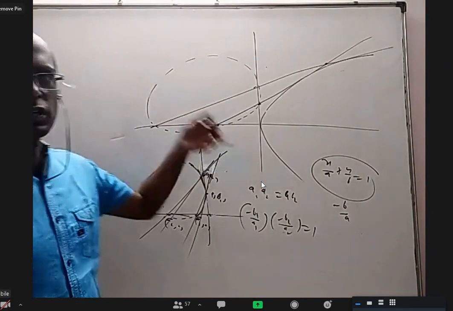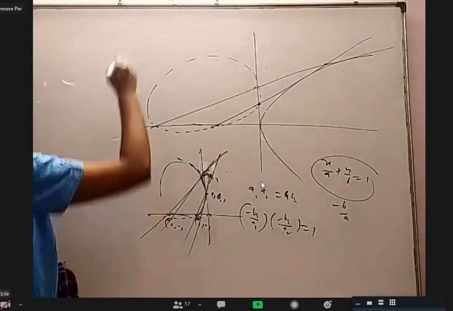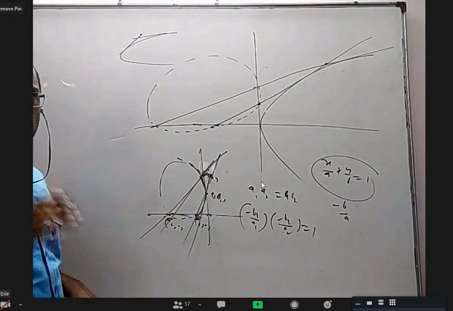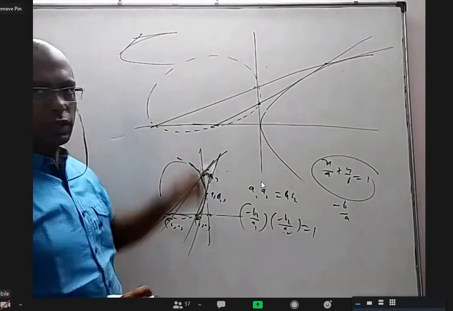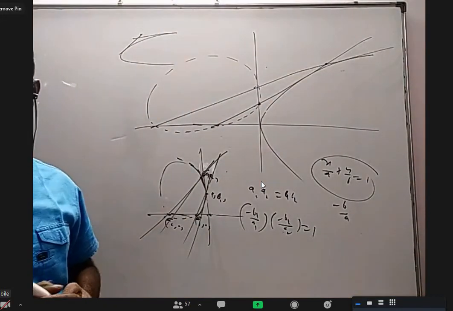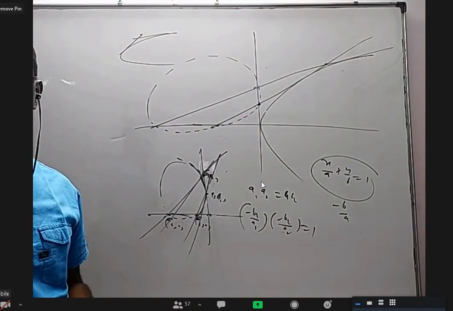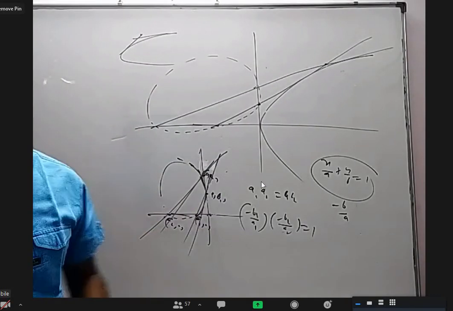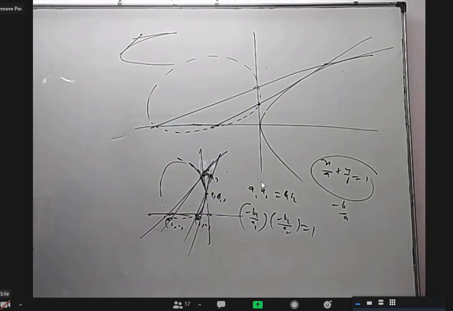Same question, if you ask another way, you would have done very easily. There is a parabola. From an external point, two tangents are drawn. Product of their slopes is 1. Find locus of this. Can you do it easily? Yes. That question and this question are the same. Only thing is it is asked in a little complicated way.